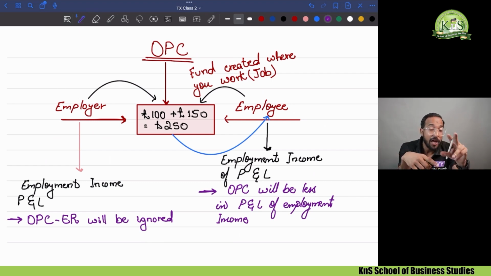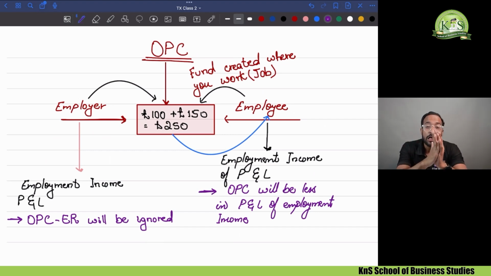Employer expense will not be deducted while you are calculating the employment income. Mark my words. People get confused, students get confused, right? So whenever you make a P&L of employment income, just focus on the occupational pension contribution by the employee. You just need to deduct it from that P&L. But if the examiner gives you the employer occupational pension contribution, just ignore it while making the employment